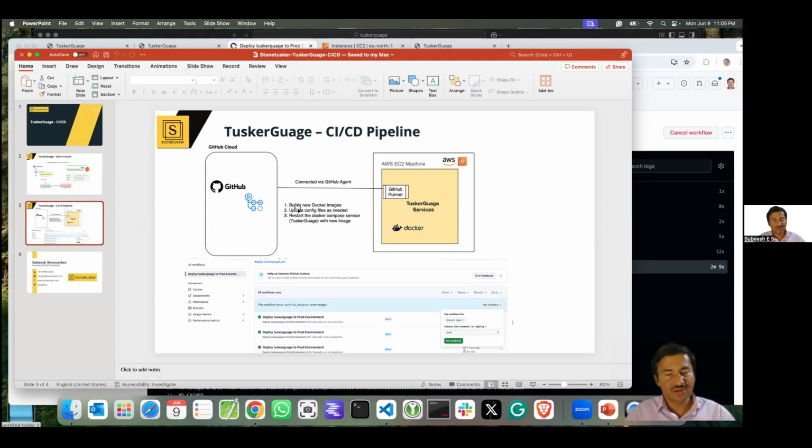How the CICD pipeline works for Tusker Gauge is like this. This is the screen we have just seen. How it is configured is a slightly different approach. There are multiple approaches for connecting a GitHub runner or GitHub machine. One is where everything happens from another intermediate machine, which will directly connect, which I do not find so secure, and it makes things complex. So here it is a more secure approach, where the GitHub runner agent is installed on this AWS EC2 instance, and that